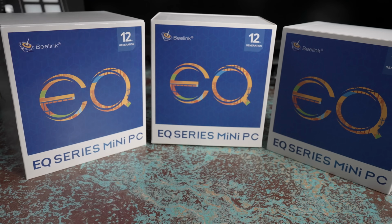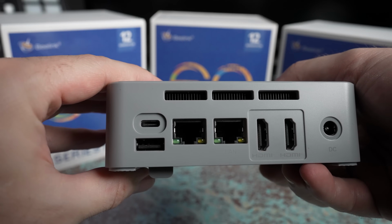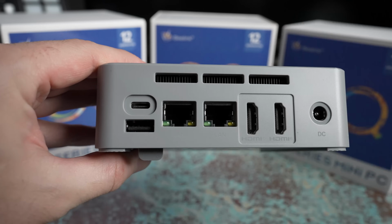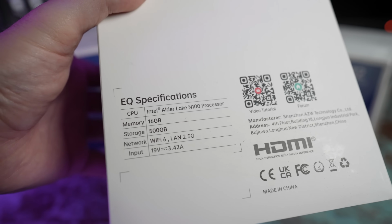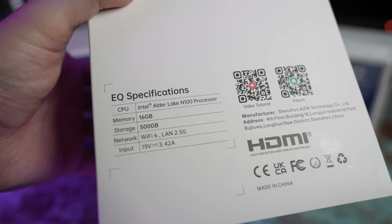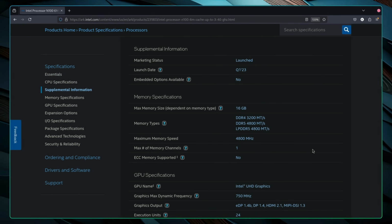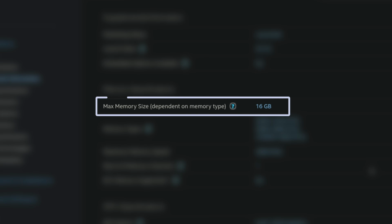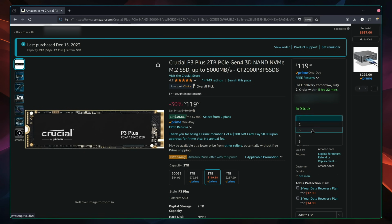When it comes to networking, the EQ12 comes with dual 2.5 gigabit Ethernet ports, which again is more than I was looking for. However, by default, the EQ12 only comes with 16 gigabytes of RAM and 500 gigabytes of storage. Fortunately, it's pretty simple to upgrade both of these components. And even though Intel's own website says that the N100 only supports 16 gigs of memory, I was able to install and use 32. So I went and ordered the following 32 gigs of RAM and a 2 terabyte SSD